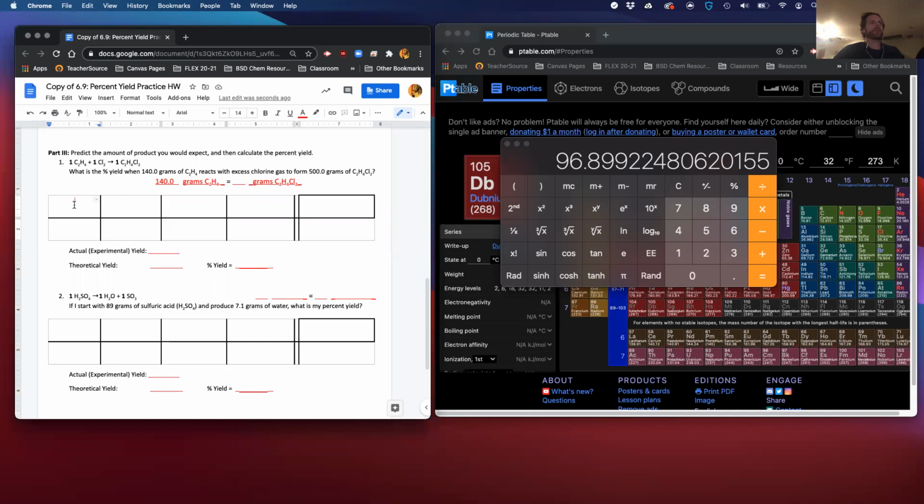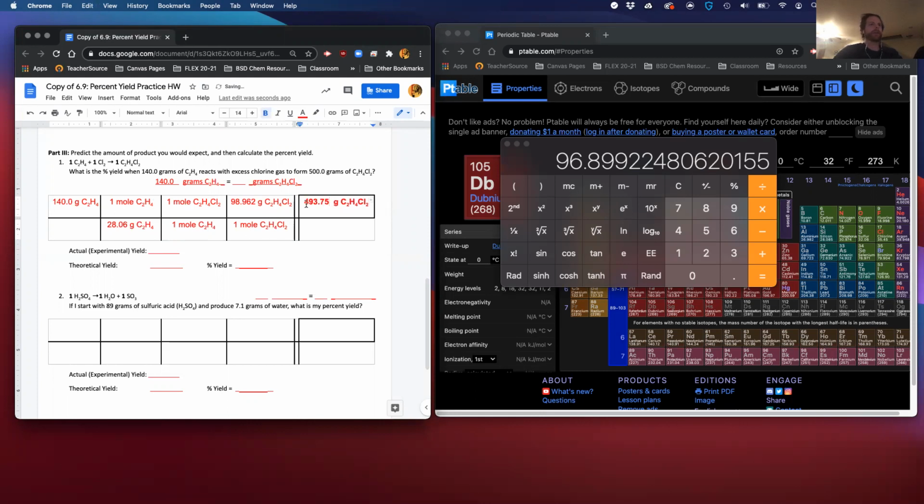So I start with what I started with right here, and then I put in right here what I want, right? You know the deal. And I'm going to do a little side hustle right here and get this from grams of C2H4 into moles of C2H4. This one's kind of nice because it's a 1-to-1 ratio. So I'm going to go 1-to-1 ratio. And then I have to do another side hustle to figure out my other molar mass. And when I do, I find it's this one right here. So now I multiply everything on top, divided by everything on the bottom, and I get